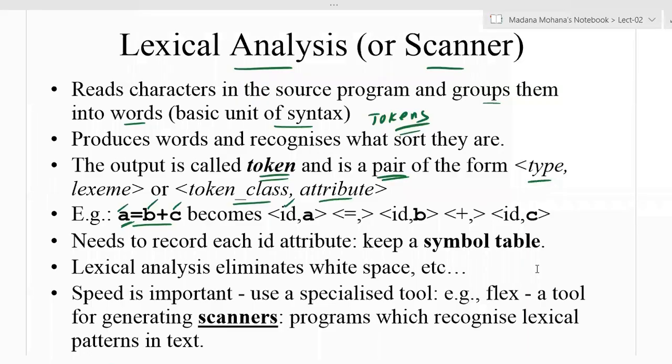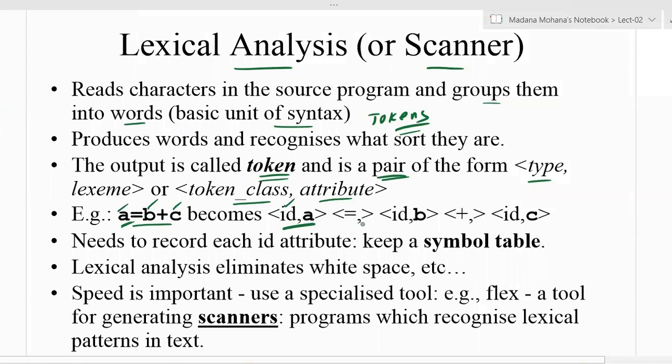The statement is converted into token form using the format type comma lexeme. So ID comma a, this is the first one. Then equal, which is the assignment operator.